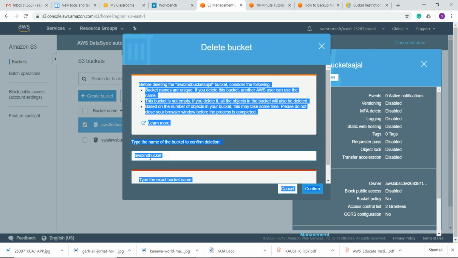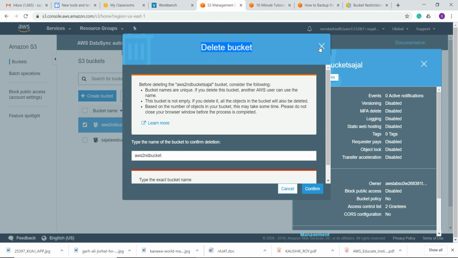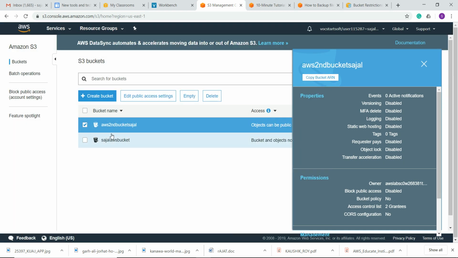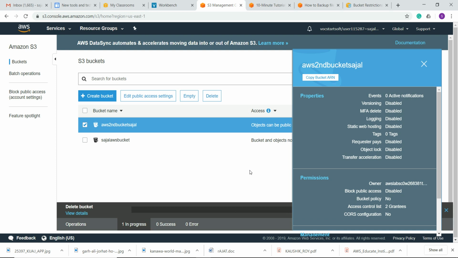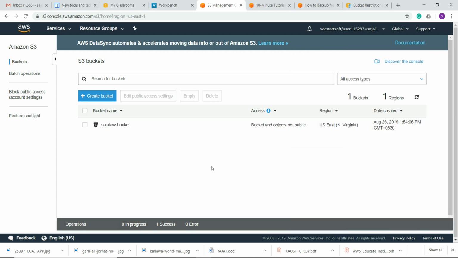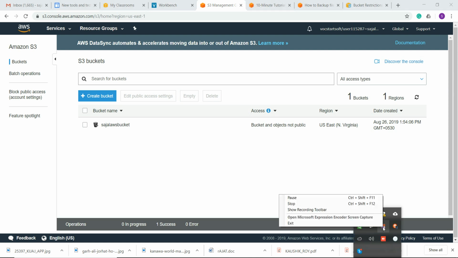Let's see what the bucket name is. Oh, second bucket Sajal. Okay, fine. So the name is AWS second bucket Sajal. Now your bucket will be deleted. So it's a simple concept. You can create a new bucket and also